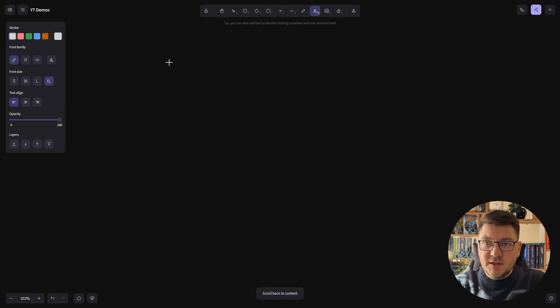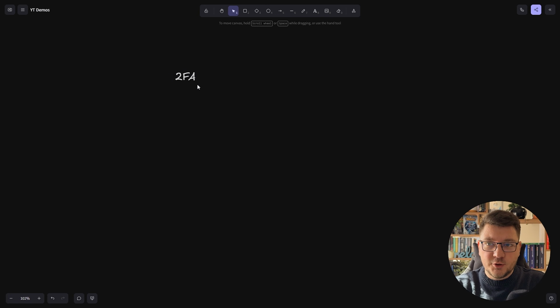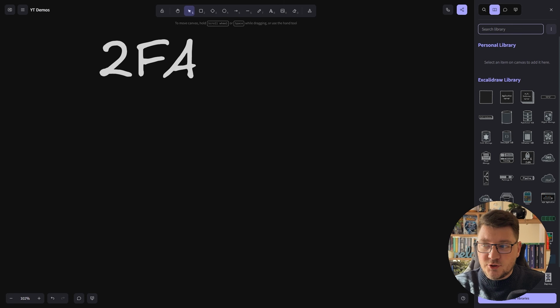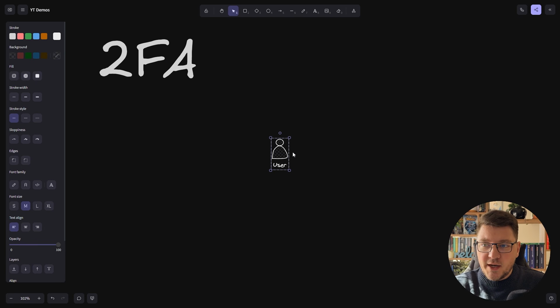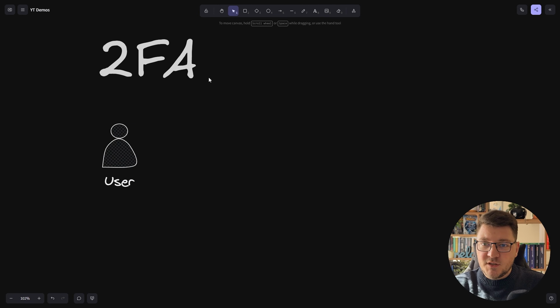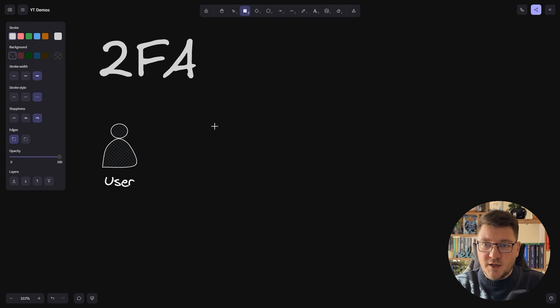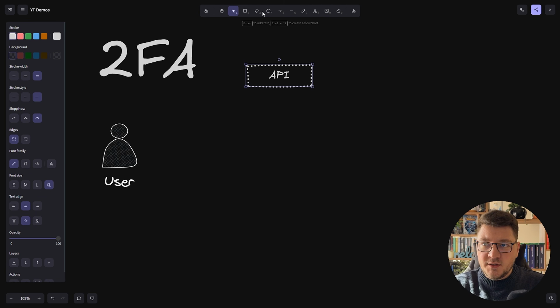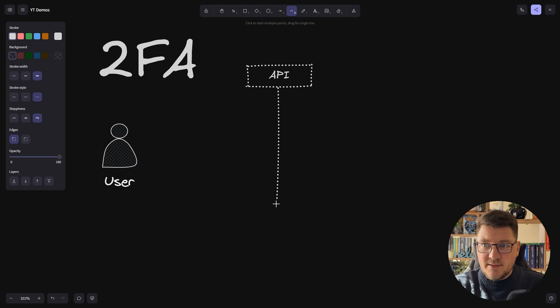So let's first briefly talk about 2FA, which is short for two-factor authentication. The core idea behind 2FA is forcing your users to provide multiple ways to authenticate themselves to your application. So typically, this is going to look something like this. You've got your user, you've got your API here, and for all intents and purposes, let's assume the API is